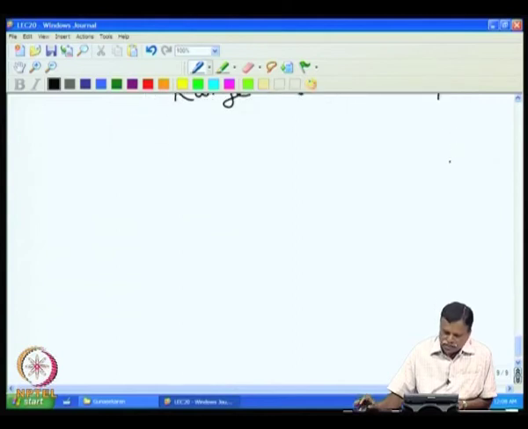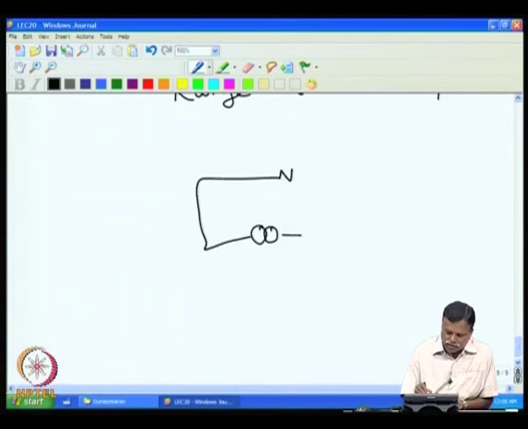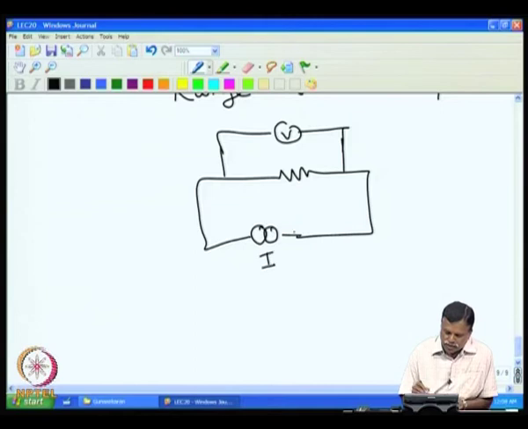Now, in this kind of measurement, if I put a constant current source and then connect the resistance here and try to see the voltage across the resistance, I put the voltmeter here and see this. So, this is a constant current source, and this is the resistance R to be measured. Now, in addition to the error due to I and the error due to V, we have another error, that is the contact resistance,